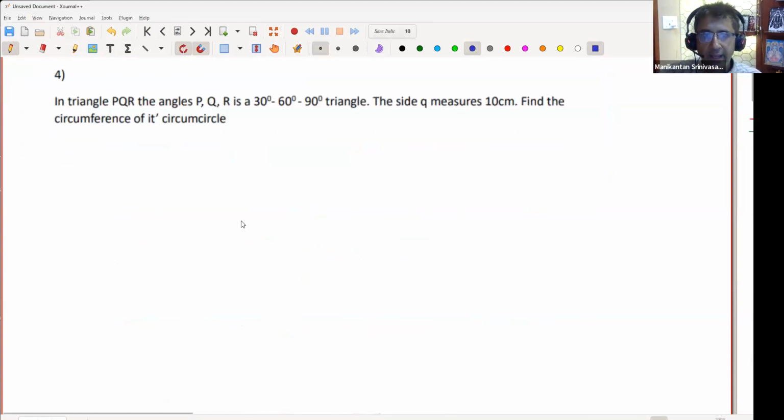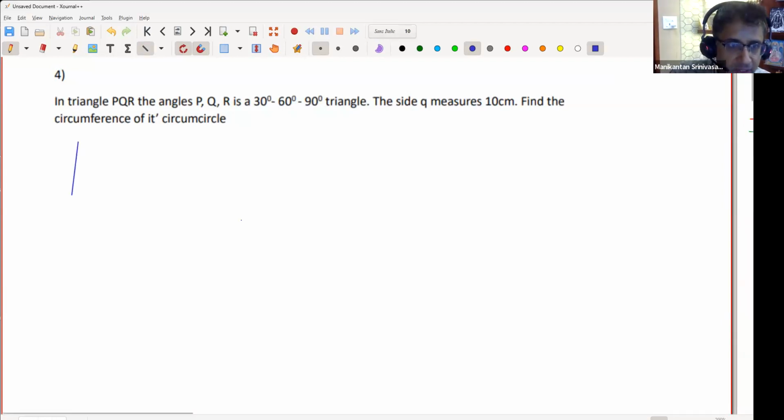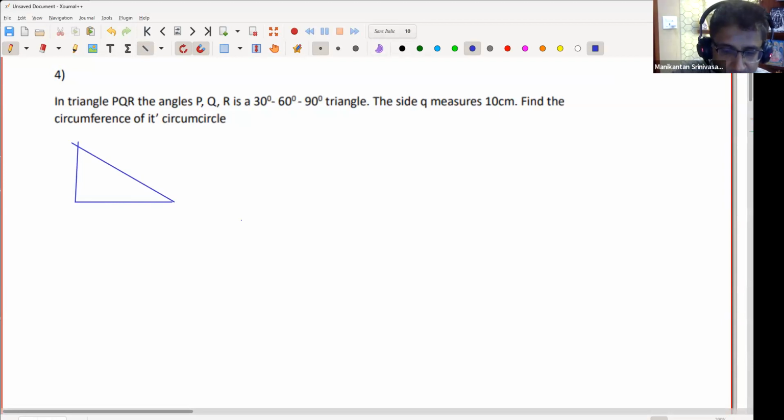Triangle PQR, angles P, Q, R are 30, 60, 90. Okay, so it's a 30, 60, 90 triangle. Immediately you know the ratio of the side lengths, right? If you have a 30, 60, 90. In fact, let's do this here. So if it's 30, 60, 90, the ratio of the side lengths is